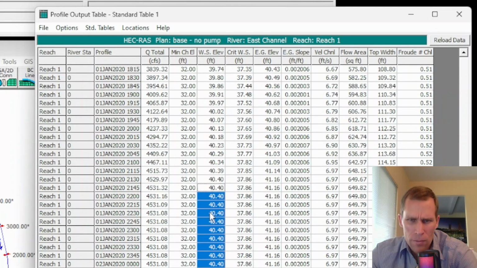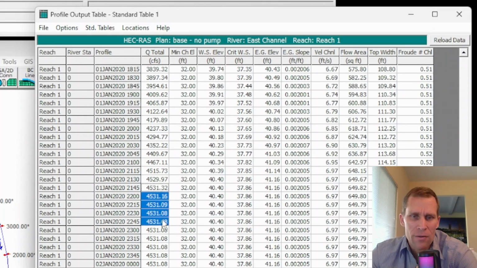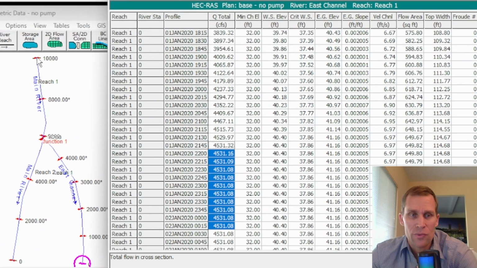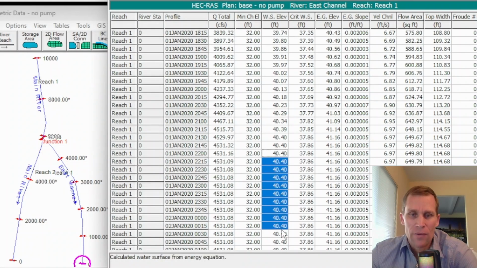I'm going to scroll up just a little bit. Yeah, so it begins right about here is when equilibrium is hit. The flow rate is 4,531 CFS. Now remember, we have 10,000 CFS coming down from the reservoir, that's how much is released, but then most of it goes down this main channel. But I mean, 45% of it goes through the east channel. So a good amount of it still gets diverted to the east channel and causes a water surface elevation of